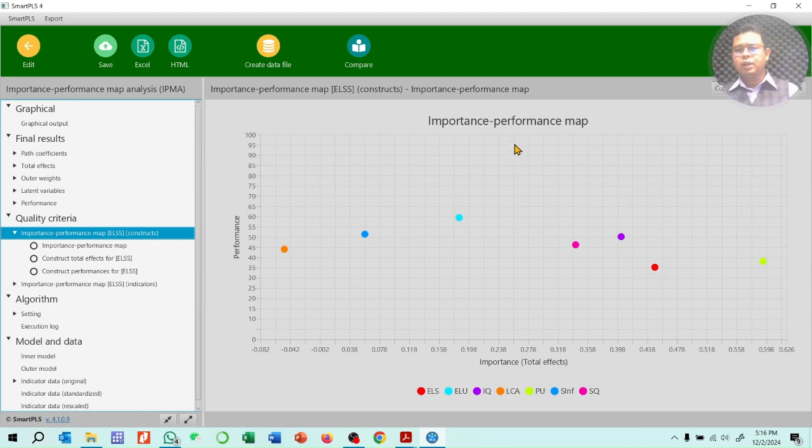So using the importance performance map analysis, we can conclude which factors are more important and which factors are less important, which factors we should focus on, or the organization should focus on for future enhanced decision making. So using the IPMA, we can take this decision. Okay, so